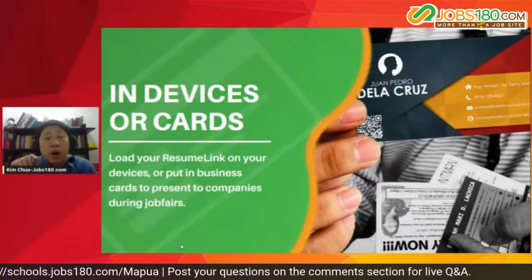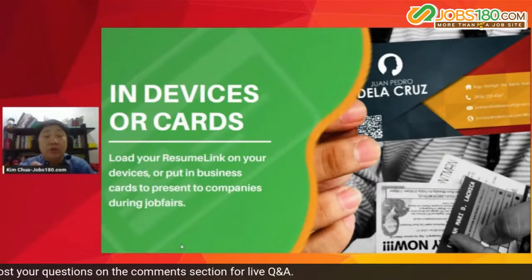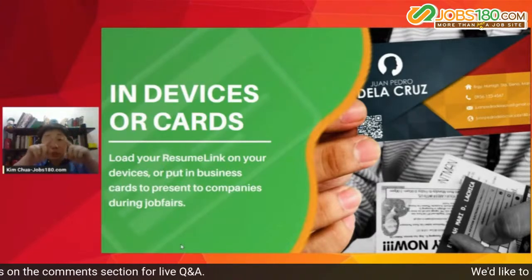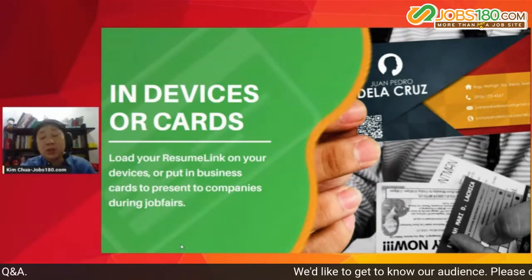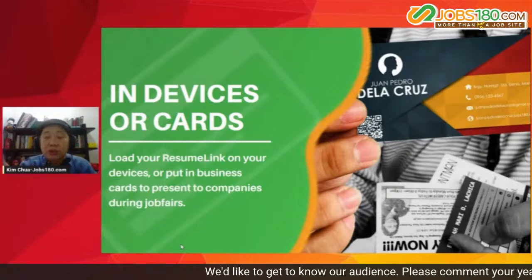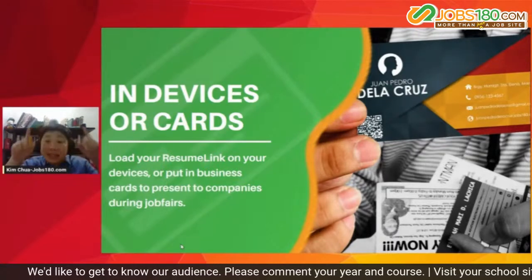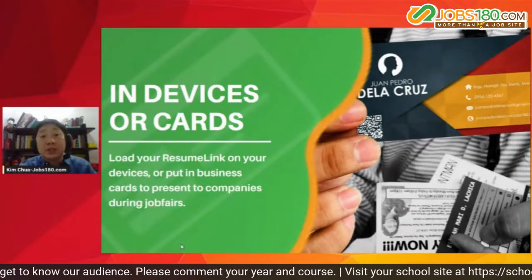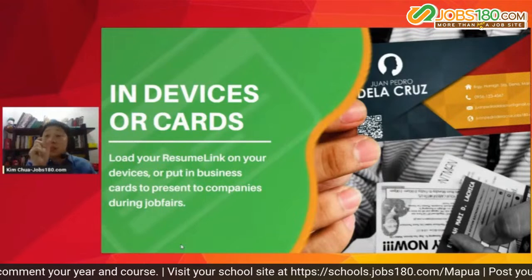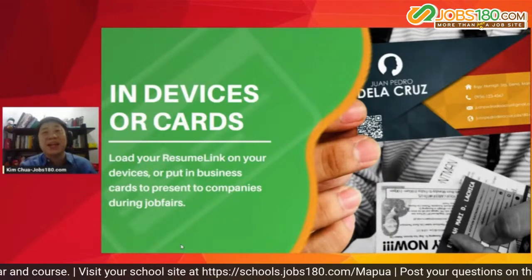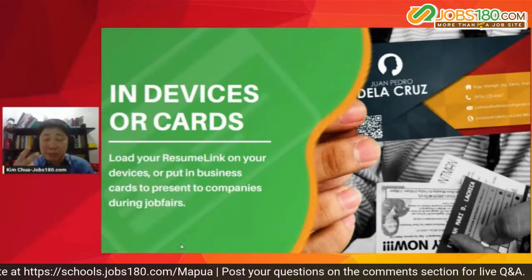But this time, why am I encouraging you to use resume link cards instead of the traditional long bond or short bond paper? Bakit? Unang-una, tipid. Diba? Because of course, right now, eto, tipid. Kasi if you're going to apply to 20 companies, you don't need to print 20 sets of long bond papers. You just need to print 1 long bond paper and cut 20 small pieces of resume link cards. O, diba? That's for the cost side. Tipid na. Pangalawa, at mas importante,